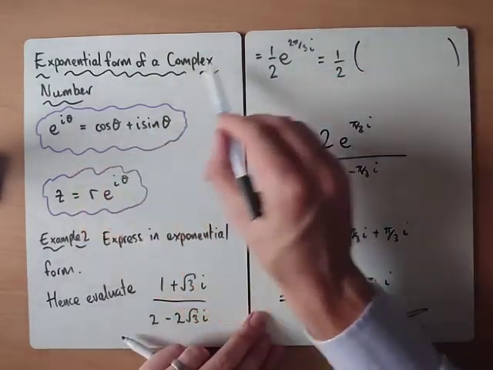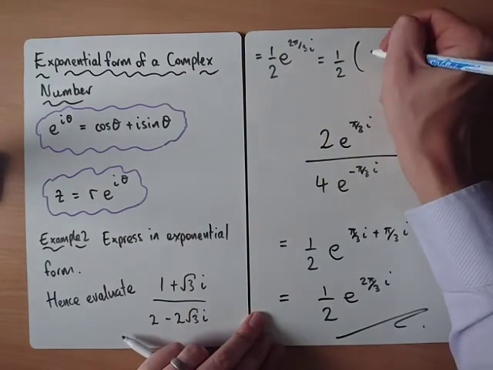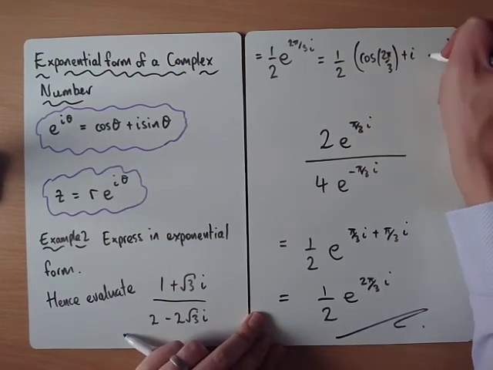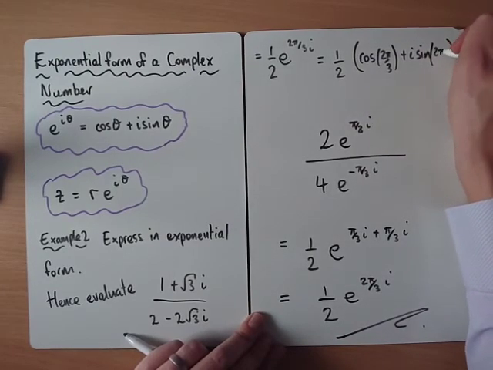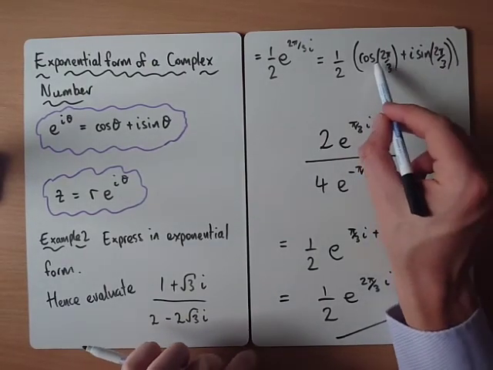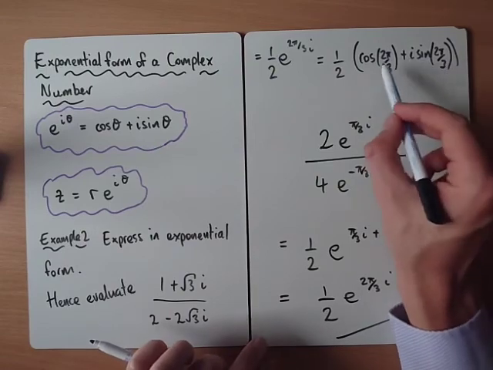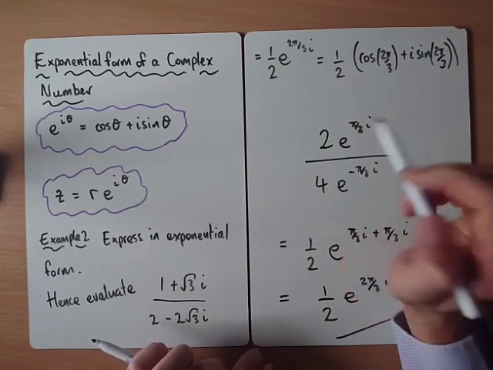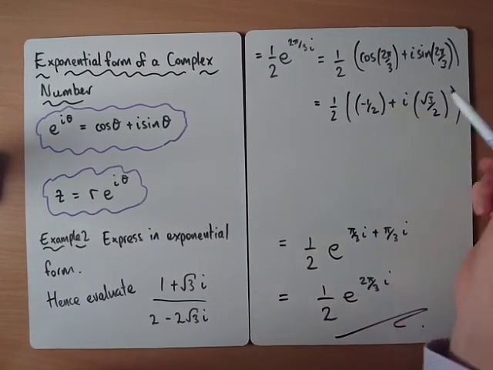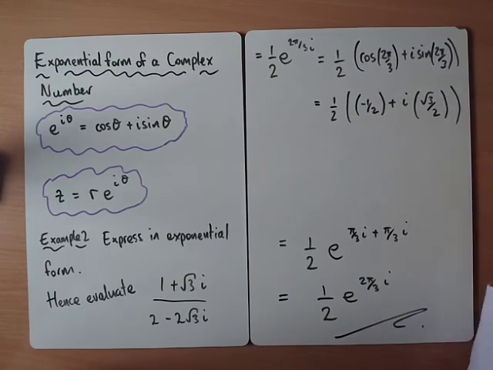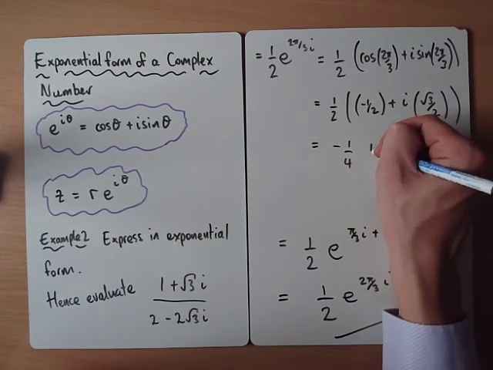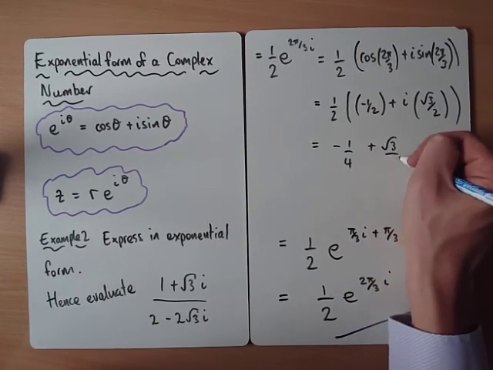So remember, e to the i theta is cos theta plus i sin theta, so that would be the same as cos 2 pi over 3 plus i sin 2 pi over 3. And then obviously you can use your graphical calculators, and just make sure you're in radians, and you could write it in Cartesian form. So cos of 2 pi over 3 would become minus a half. Sin of 2 pi over 3 would be root 3 over 2, so we'd end up with minus a quarter plus root 3 over 4